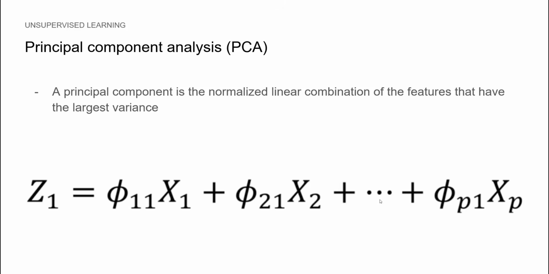You see the equation here, and that should remind you a bit of linear regression. Also, this equation is for the first component. The next one will be in a direction perpendicular to the first one. And the third component would be perpendicular to the first two principal components. In this equation here, phi is referred to as the loadings.